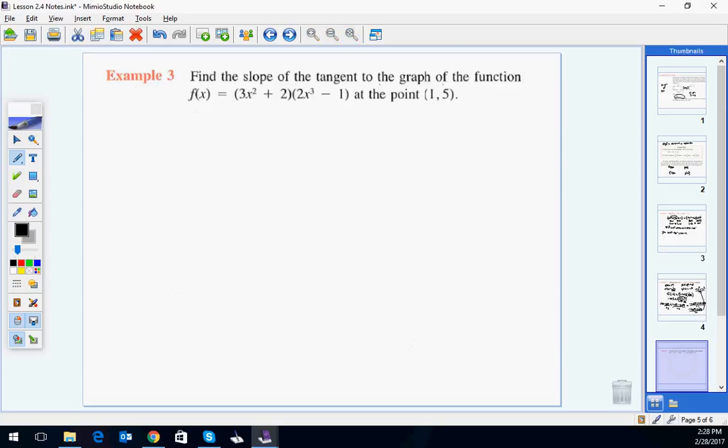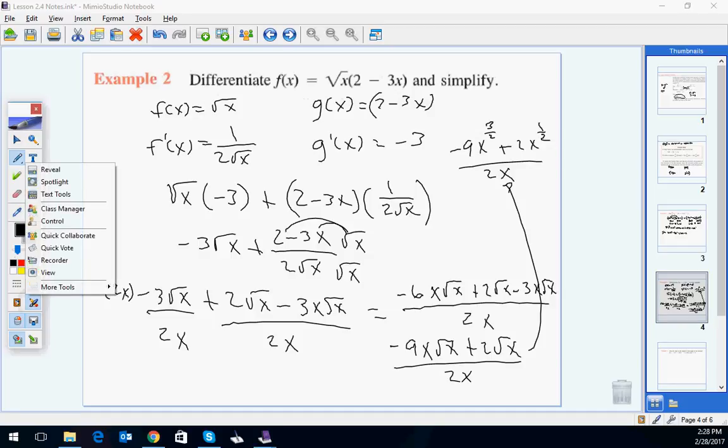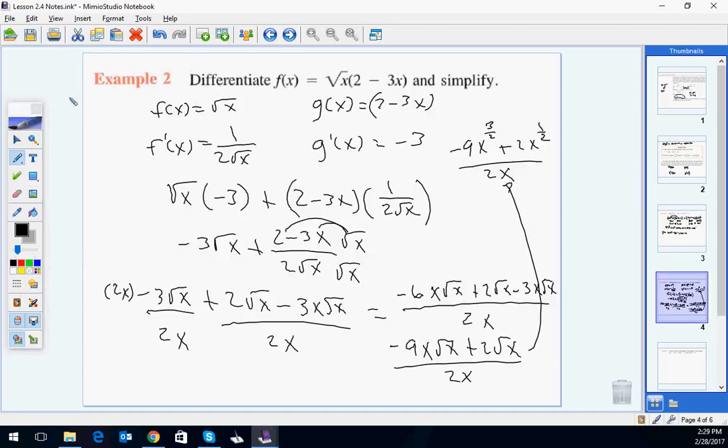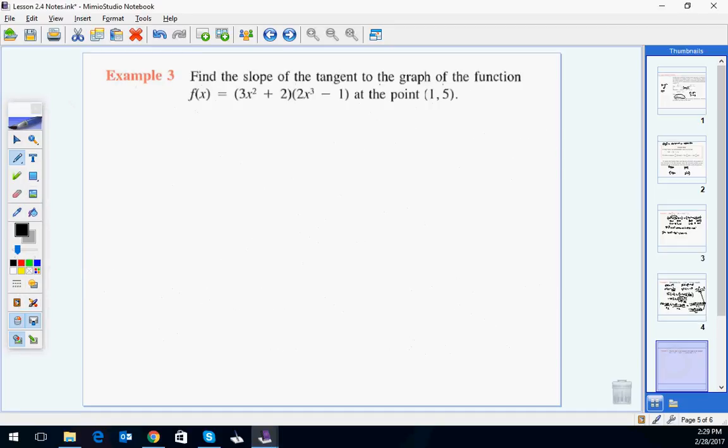Oh, sorry. Okay, we'll pause it. So the third one, now we add the tangent to it. Find the slope of the tangent to the graph of the function at the point 1,5. So it's at that point. That's different from 2,9 when we struggled with last lesson. It's at the point 1,5, so we can plug this one in. So we find the derivative here, plug 1 in to get the slope at that spot,